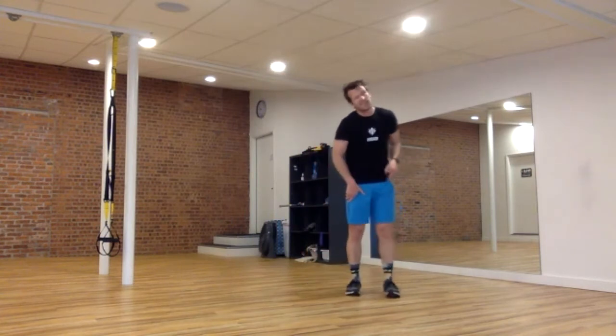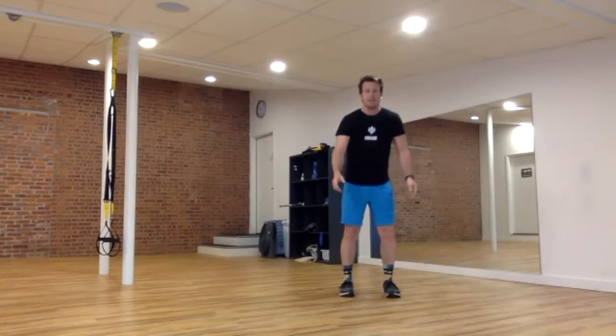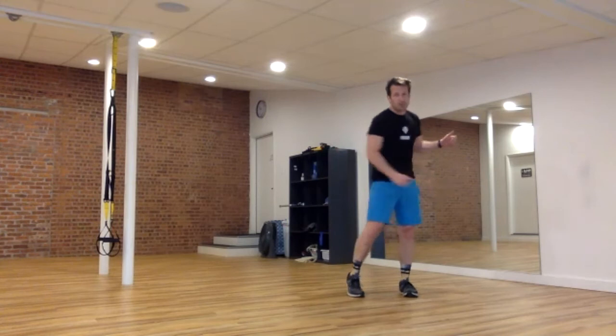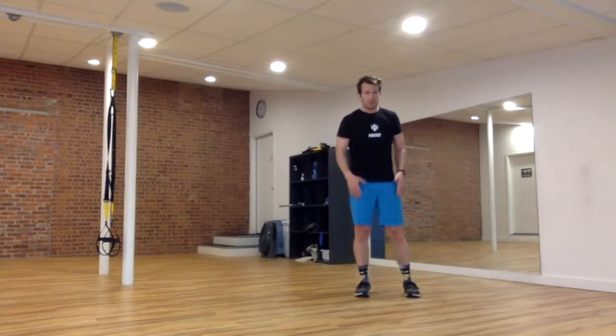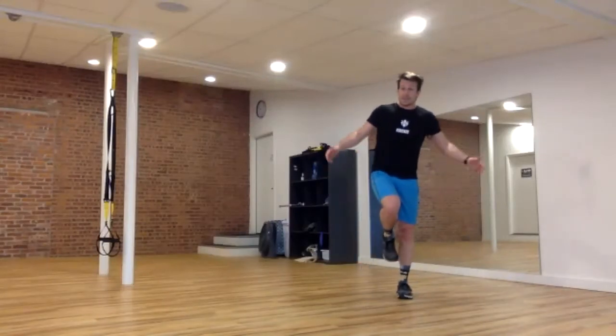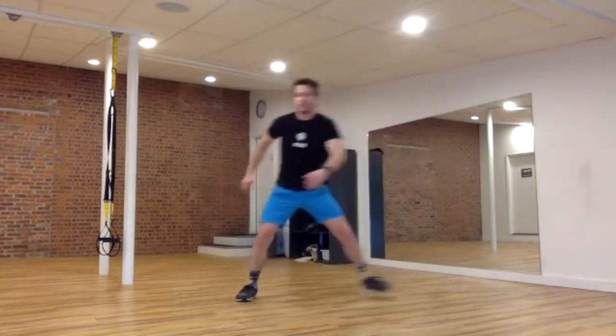We did this, I think we did this last week, maybe the week before. We're gonna do ice skaters. So ice skaters, where you hop from one foot to the other and reach across to go for the opposite foot. I'll demonstrate the first few. Start whenever you're ready. We're gonna go for a set of 20. So it looks something like this. 1, 2, 3,